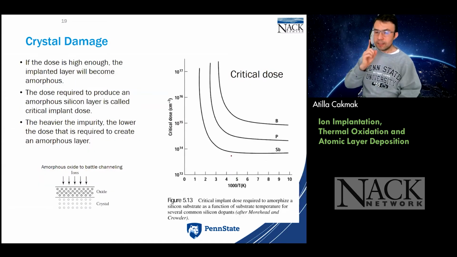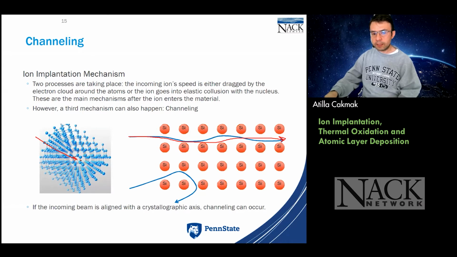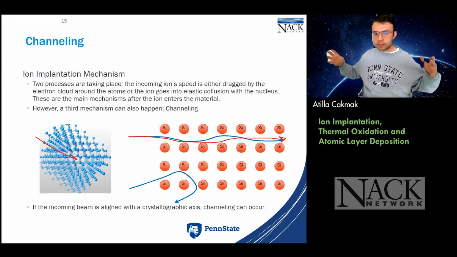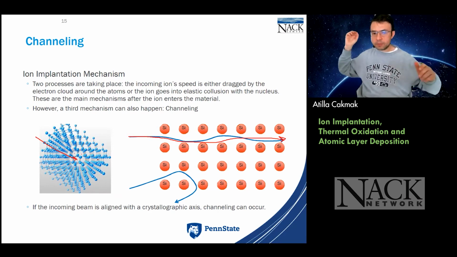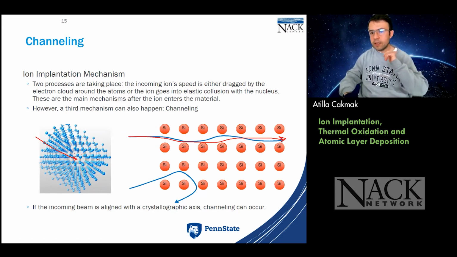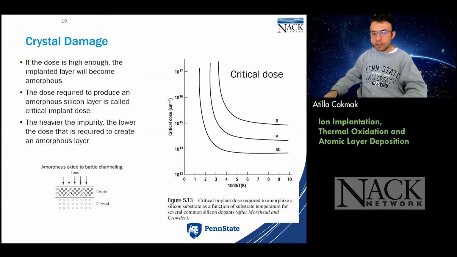But having said that, this damage might be a great way for you to engineer your system against the channeling effect. What do I mean? Let's look at the channeling one more time. We had the luck to go through these channels, like I was saying. If you have a very periodic crystal structure and you send your ion and it happens to go through the channel, you will find your ion at the other side. But what if you intentionally create an amorphous material here? Amorphous meaning not a crystal structure, but a damaged structure. So instead of a crystal orientation with perfect periodicity, if you send too many charged ions,